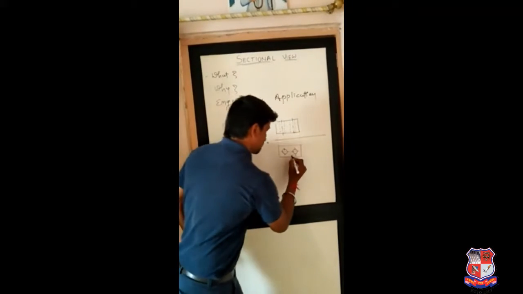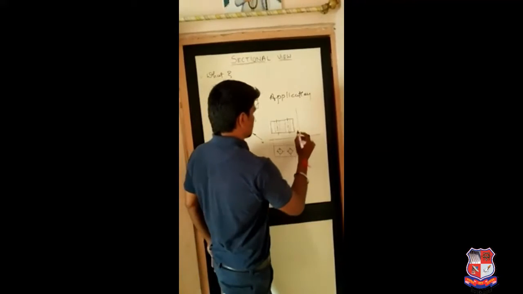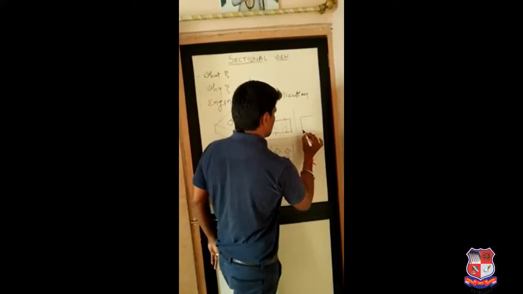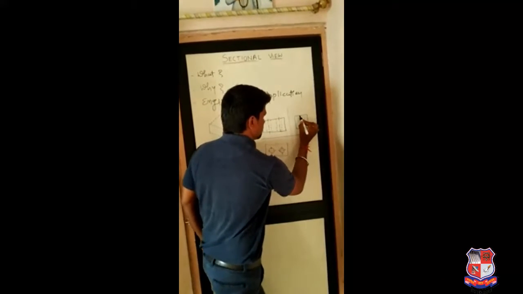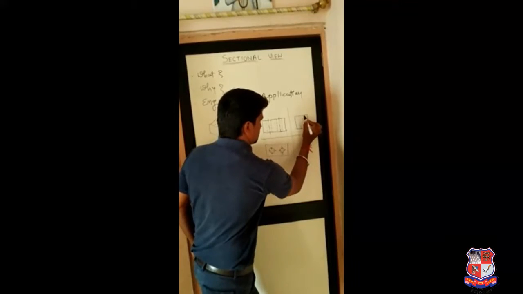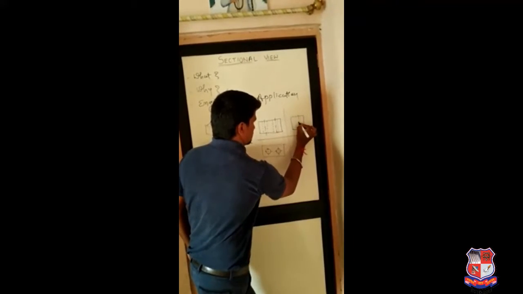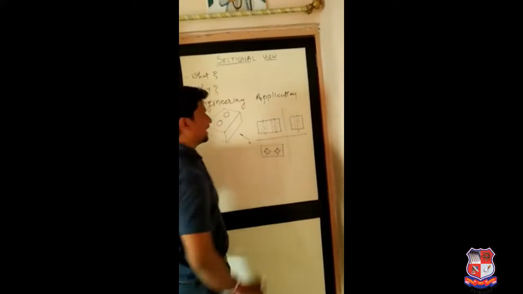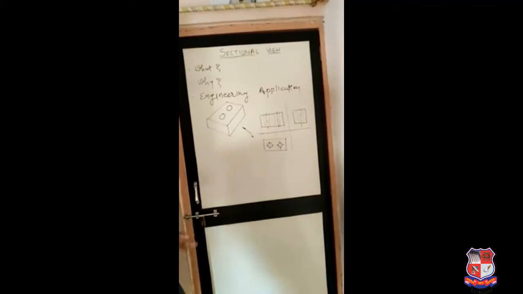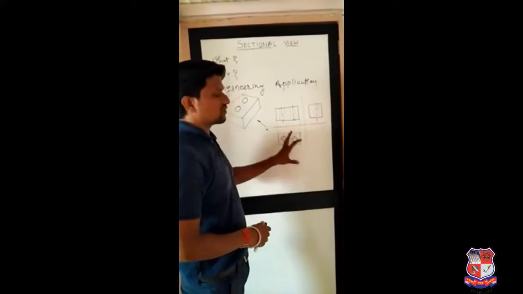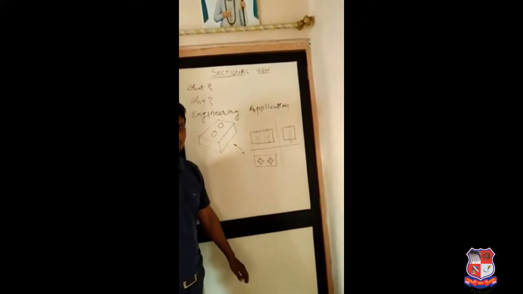This will be the top view of the object. And this will be the left hand side view of the object, if I am not wrong. If we solve the problem with normal orthographic projection, then this will be the front view, top view, and left hand side view of the object.